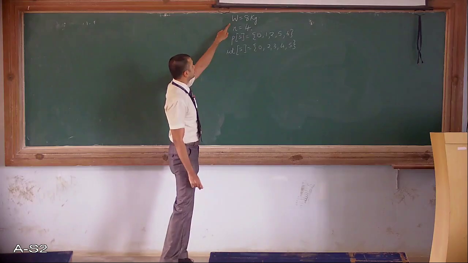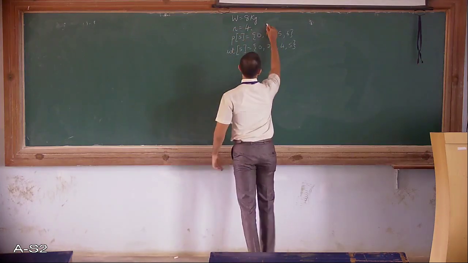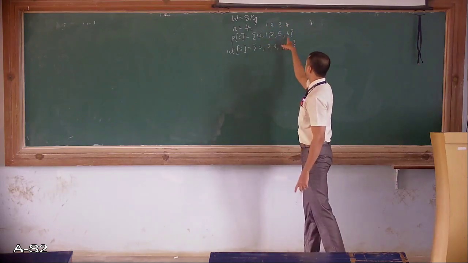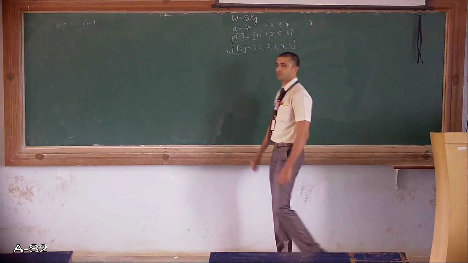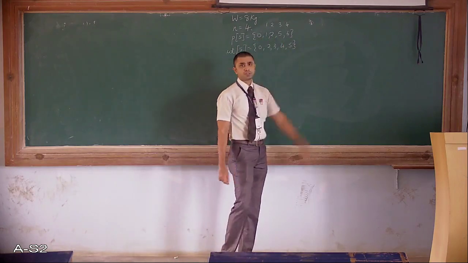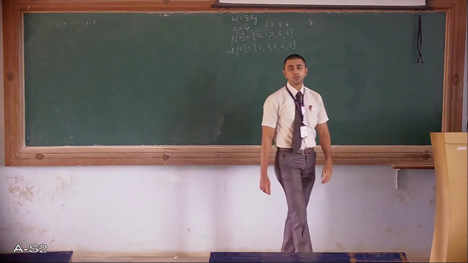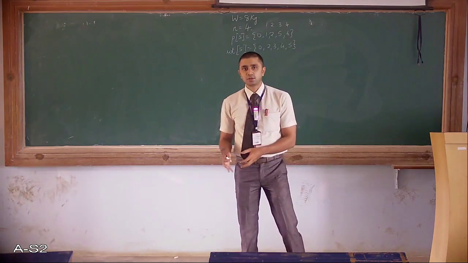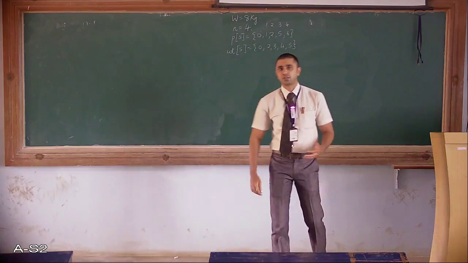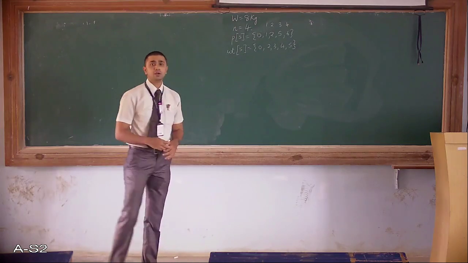Knapsack of a certain capacity, number of items, the weights and the profits of those 4 items. So it's going to be 1, 2, 3 and 4. These 4 items, profits of those 4 items and weights of those 4 items. You can consider weights in terms of kgs or pounds and profits in terms of rupees or dollars, whatever you want. Now I need to fill this bag in such a way that the profit is maximized and the weight of these items added into the knapsack does not exceed the capacity of the knapsack. This is my entire goal.